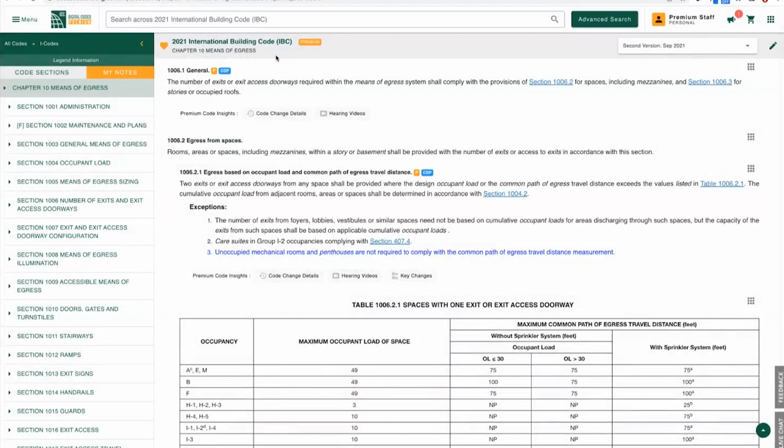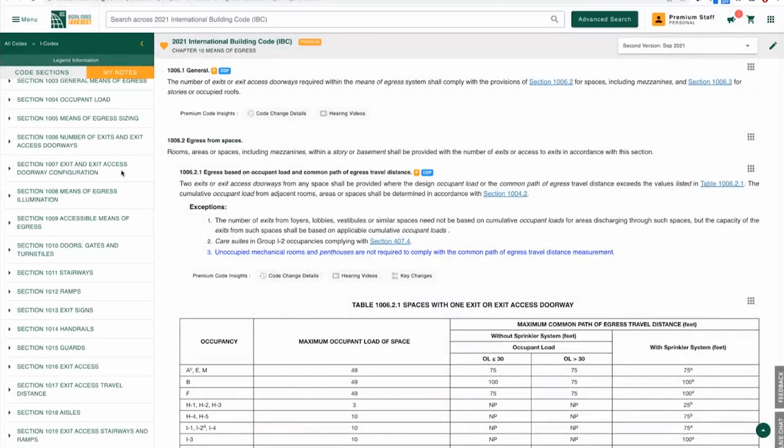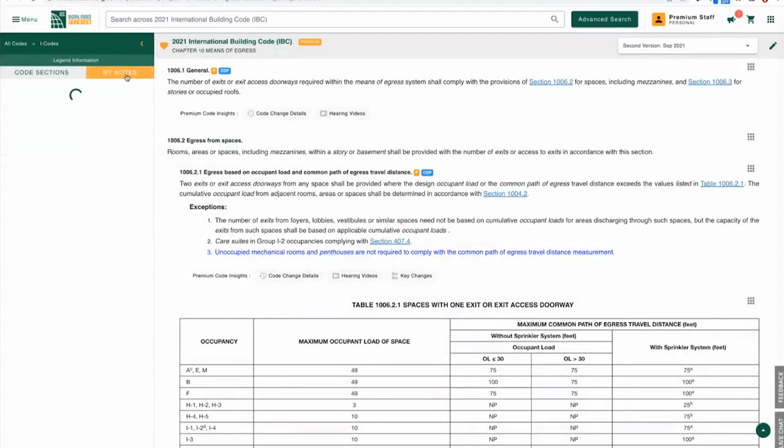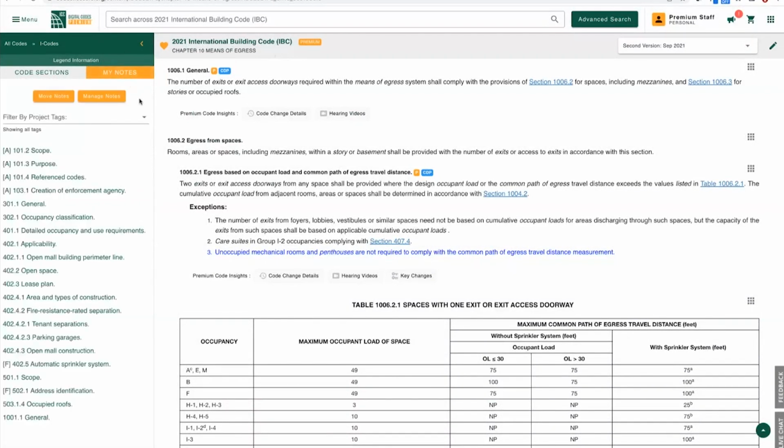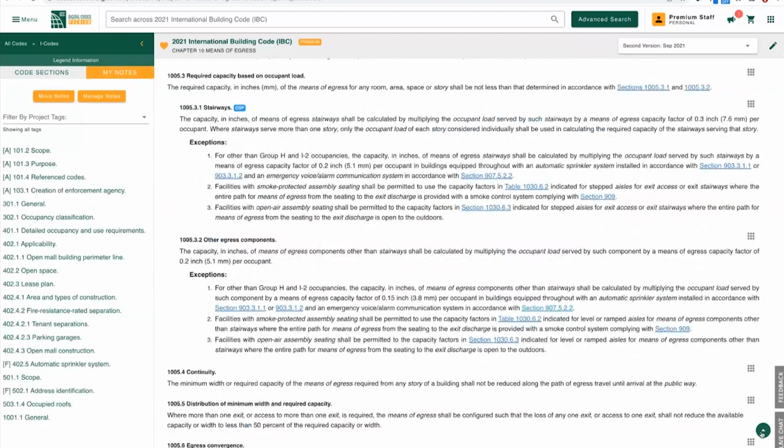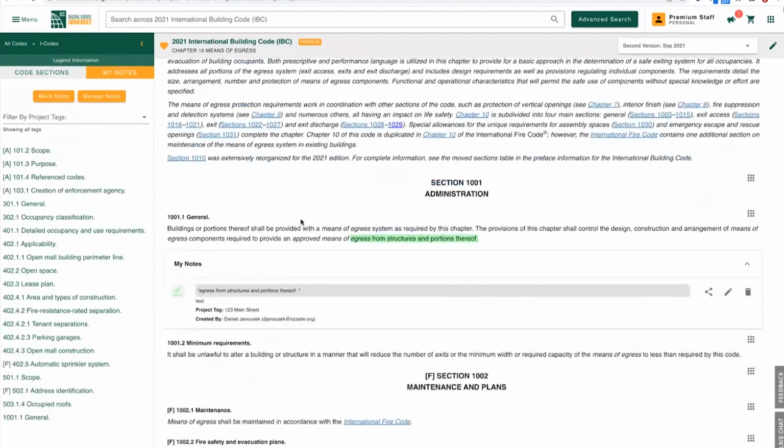So for the title that you subscribe to, the value of your subscription increases with these code insights. And if you stay tuned, one of the changes we'll be making upcoming here is adding another tab to the navigation that'll behave much like the My Notes does. So if we scroll back to the top of this chapter, with respect to notes, the tab here is going